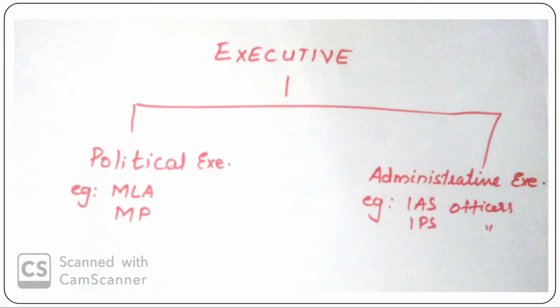Administrative executive is otherwise known as permanent executive. Political executives are not permanent, their time period is 5 years, but administrative executives, once they are after their